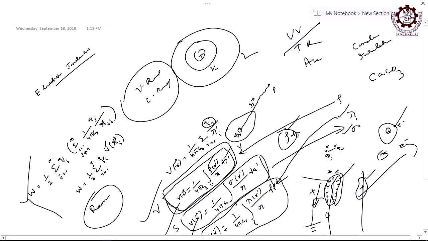Atomic UV is different, molecular UV is different. Atomic IR is different, molecular IR is different, right. So, when you say UV and IR, basically what kind of idea does UV give and what kind of idea does IR give? Atomic spectra is very easy to analyze because only one kind of atom is present, right. But when it is molecular spectra, it is quite critical, right. People are analyzing it, but it is quite critical. They have to understand many things.